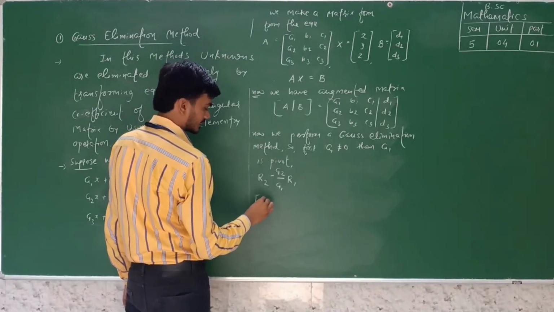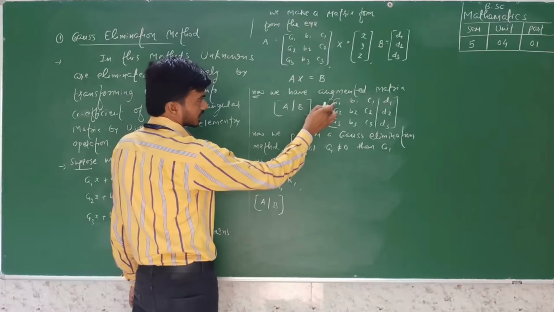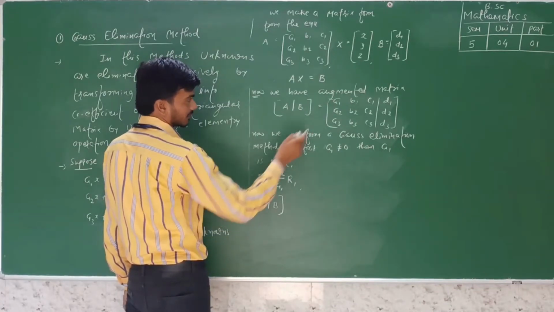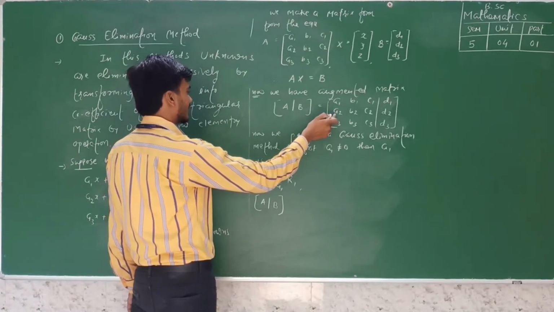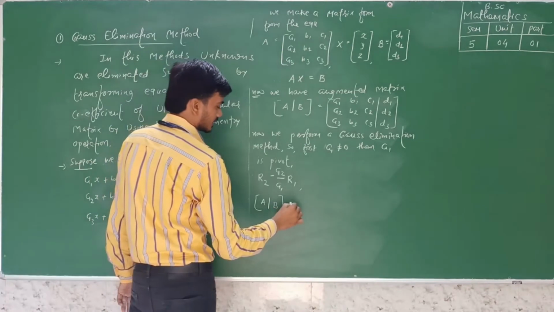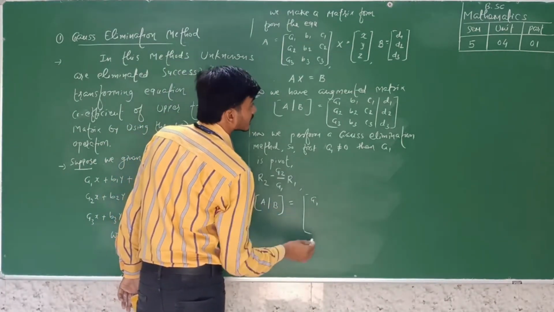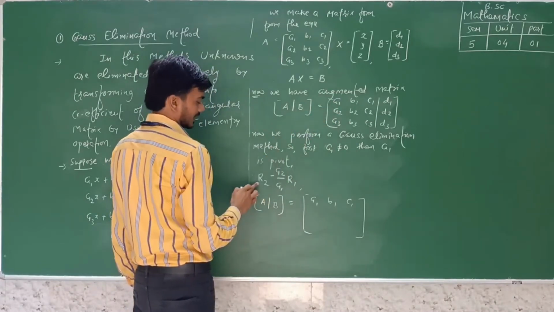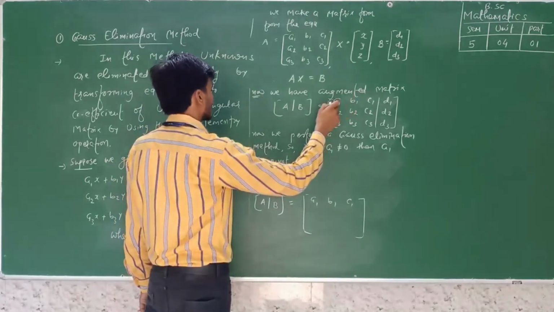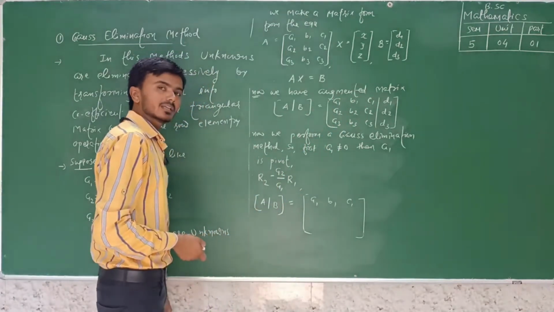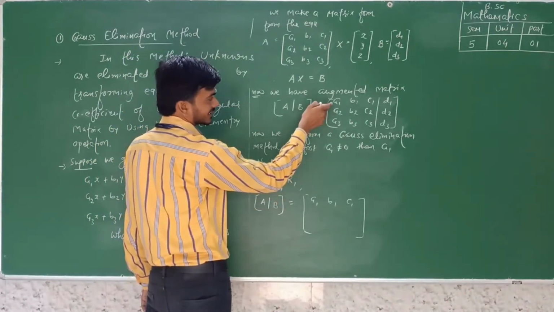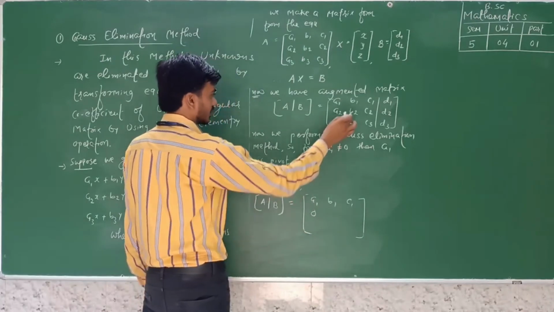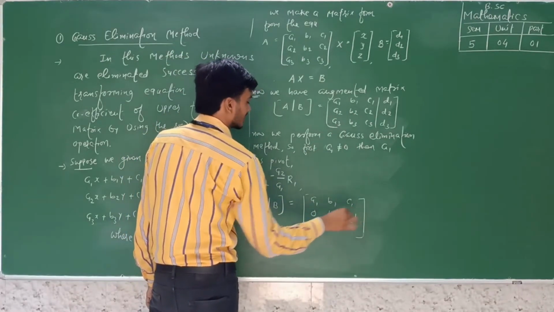इस ऑगमेंटेड मैट्रिक्स A1, B1 एंड C1, तो A1 को माइनस A2 बाई A1 से मल्टीप्लाई करे, A1 A1 कैंसिल, माइनस A2 यहाँ ऐड होगा, A2 माइनस A2, दैट मीन्स 0। फर्स्ट रो दैट इज सेम A1, B1 एंड C1। सेकंड रो में चेंज होने वाला है, इसलिए सेकंड रो में क्या चेंजेस होगा? फर्स्ट रो का जो सभी एलिमेंट है उसको माइनस A2 बाई A1 से मल्टीप्लाई करिए, A1 A1 कैंसिल, माइनस A2 होगा, A2 यहाँ ऐड होगा तो A2 माइनस A2, दैट मीन्स 0। यहाँ जो भी होगा उसको B2 डैश बोलेंगे, यहाँ जो भी होगा उसको C2 डैश।